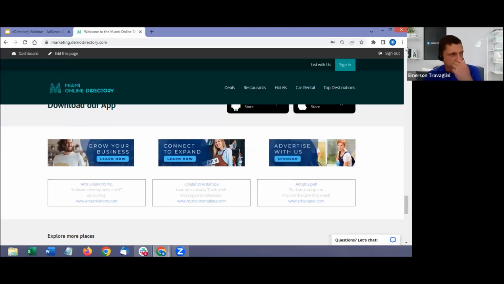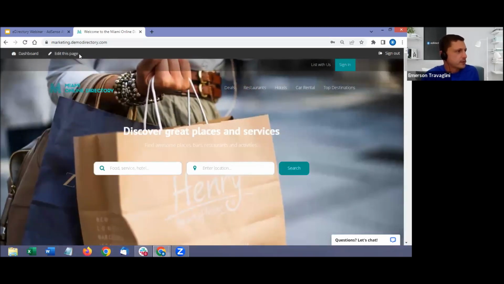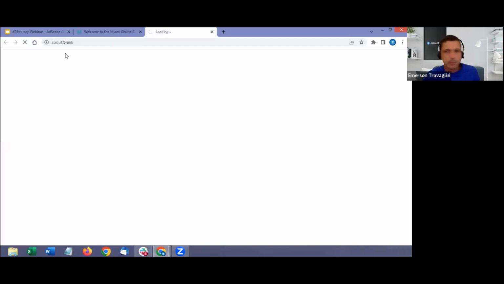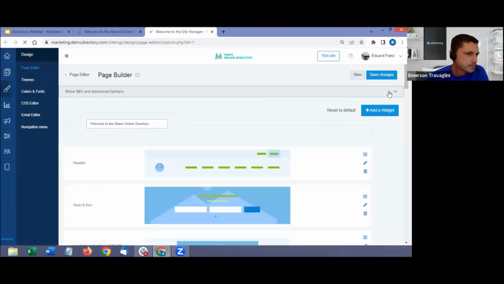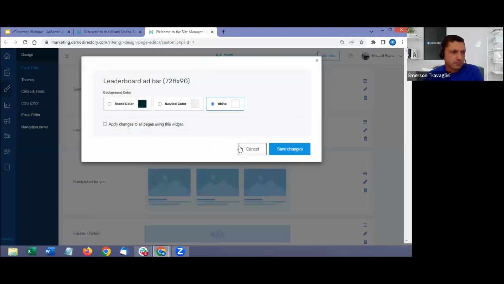Okay, so I have here our demo website. Let me add it to the home page. When you are logged in as a site manager, there will be this bar up here, so you can easily add it to the page or access the admin dashboard. So for the page editor, you can add a banner widget that will pull up the specific banner slots defined on your site manager, one of the 5 native types. It's simple to use. You can select the background color and that's it.